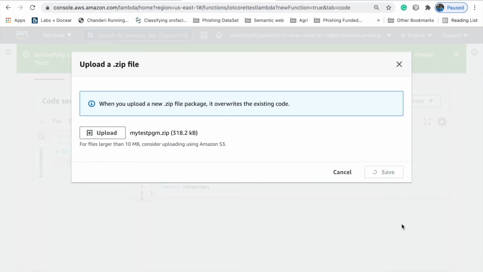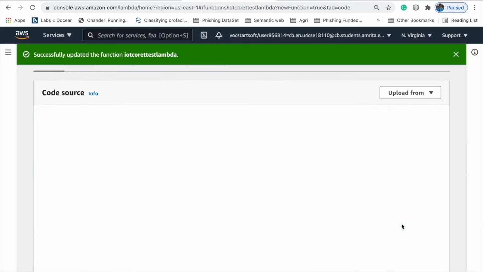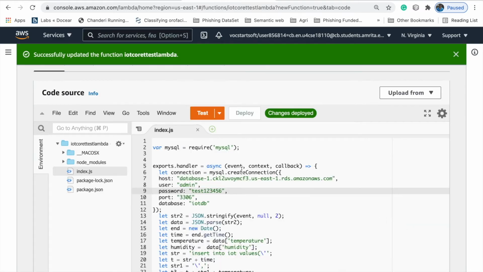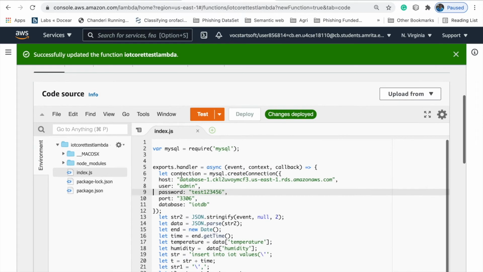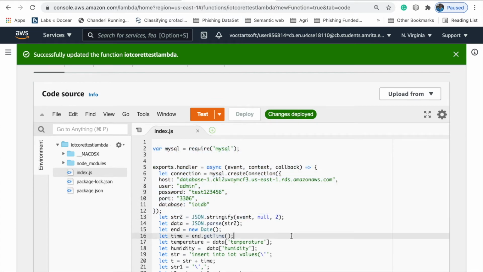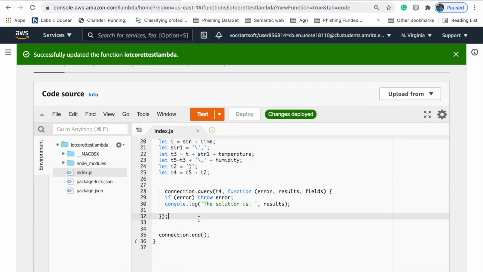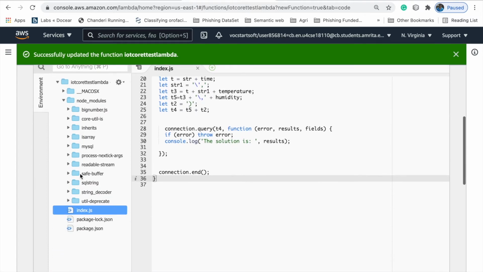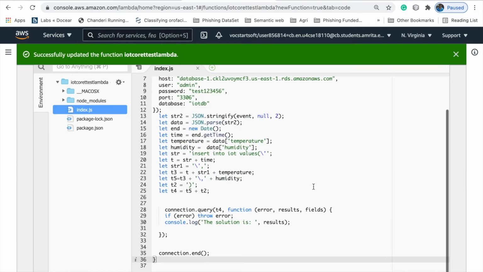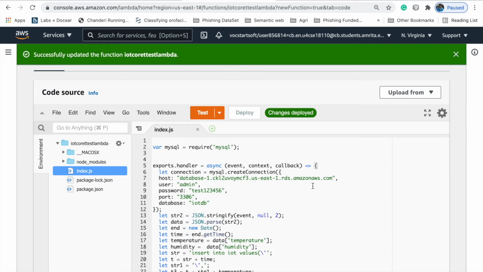Now whatever zip file we have created in the local system will be uploaded to the AWS environment. The complete program is now available in the Lambda environment. This is the program which we created in the local system. This program can now communicate with the MySQL database, and is also ready to get the events from